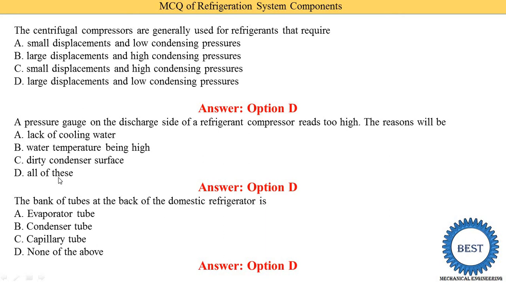If the cooling water circulation is low, it creates problems. And suppose the condenser is air cooled, the same problem occurs if your unit is too close to the wall. Then the air circulation from the condenser is reduced, so the heat is removed late, and this increases the pressure of the system. Due to this pressure increase, the system stops working. That's why we need to maintain a certain space between the refrigerator and the wall. With this space between the wall and the refrigerator unit, air circulation increases and the proper amount of heat is removed from the condenser.